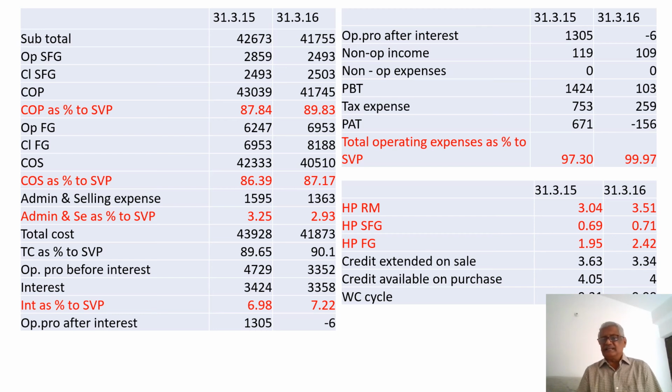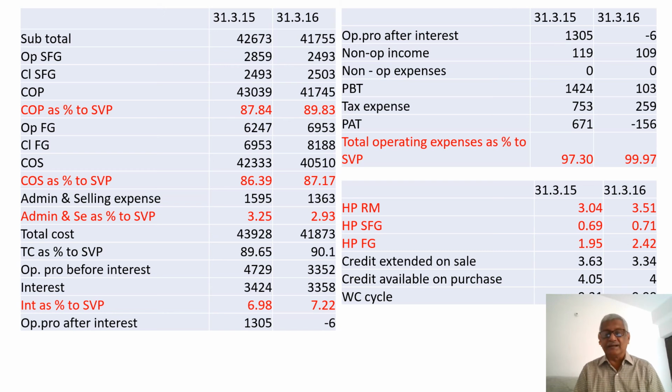Similarly, there is no change in the semi-finished goods. Actually, the semi-finished goods talks about the processing time from raw material to finished goods. That is, the processing time was around 0.69 months which marginally increased to 0.71 months. So we need to bother much about it only if there is a substantial increase or decrease. If there is a substantial increase, it could be a breakdown in some critical machinery, or if it is a substantial reduction, it could be possible that the process has improved.